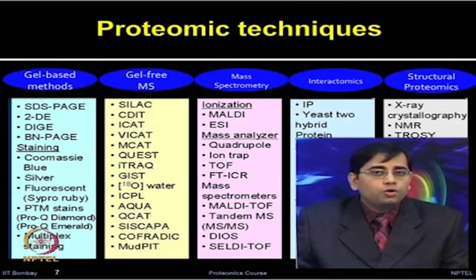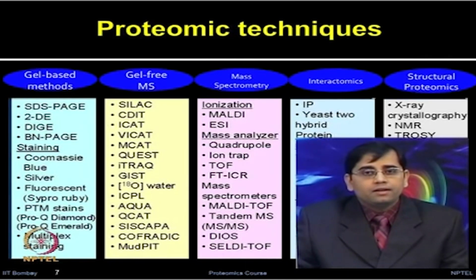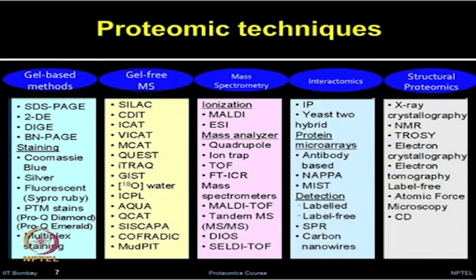All these can be grouped under gel based methods. The gel free methods, especially on the mass spectrometry side, include SILAC, which is stable isotope labeling by amino acids in cell culture, CDIT, culture derived isotope tags, ICAT, isotope coded affinity tagging, VICAT, visible isotope coded affinity tagging, MCAT is mass coded affinity tagging, and then QUEST, which is quantitation using enhanced signal tags, iTRAQ, isobaric tagging for relative